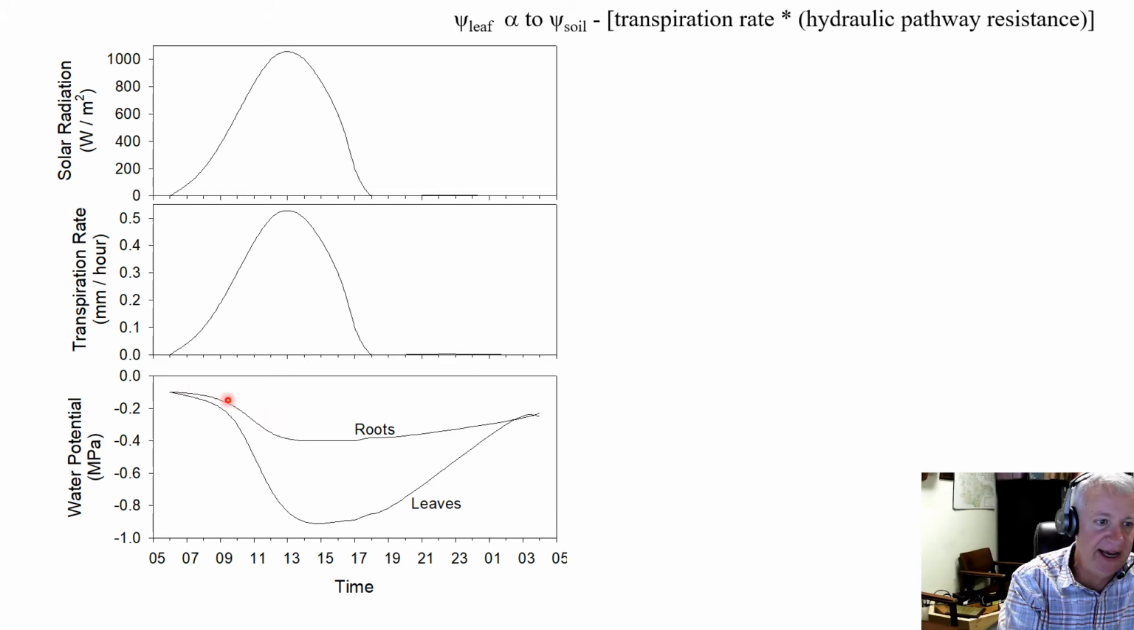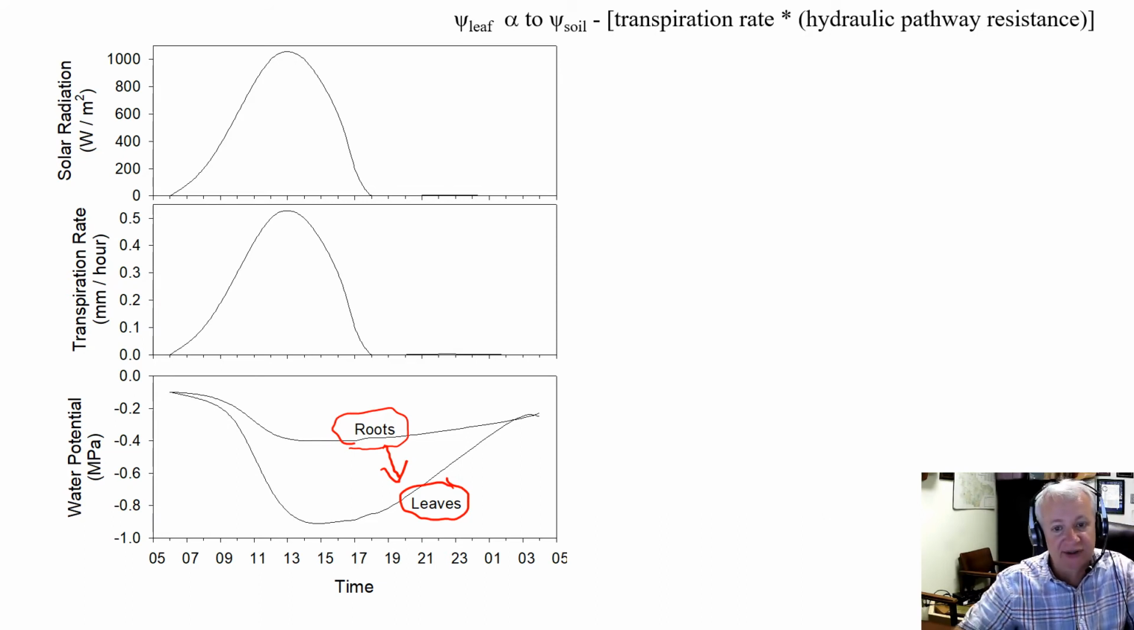We see a similar pattern in root water potential, except it's less severe. Okay, and we expect to see this. We expect for root water potential to be less negative than leaf water potential because water is flowing in this direction, and water always flows from less negative to more negative water potentials. So there's a water potential gradient within the tree as well. So that's how that relationship affects leaf water potential and root water potential